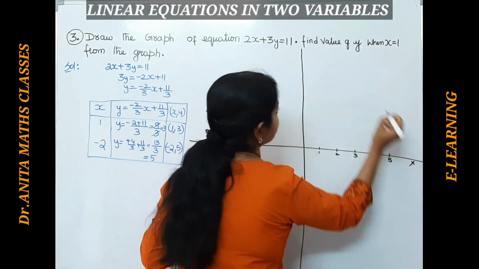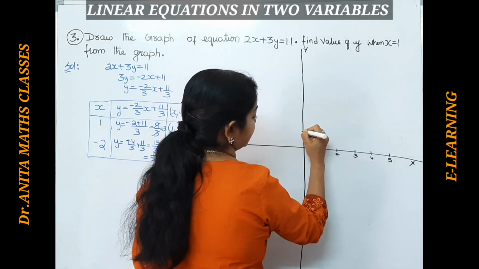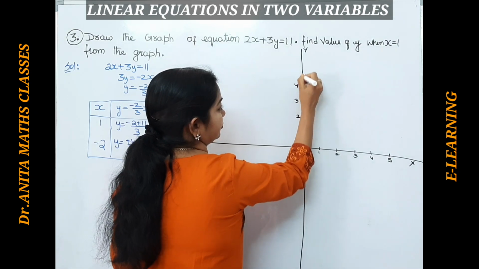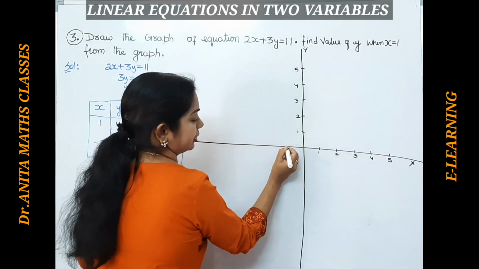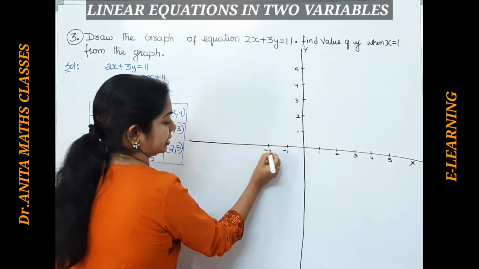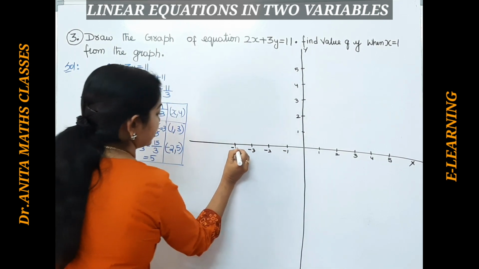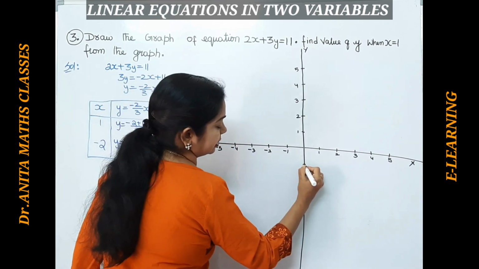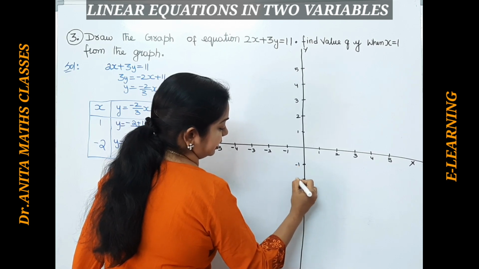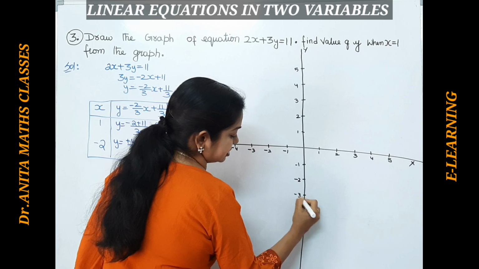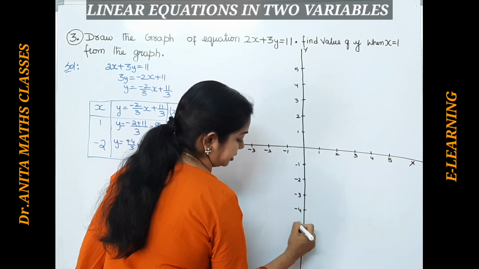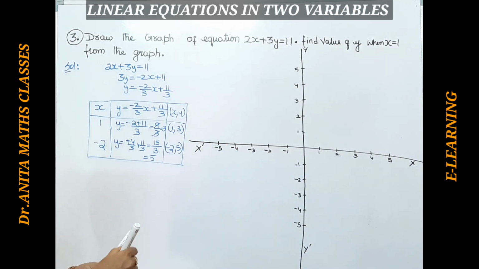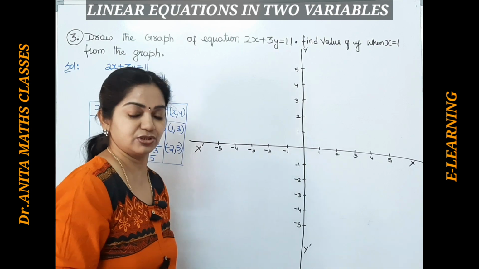So this is x axis. This is y axis. Similar way 1, 2, 3, 4 and 5. Here minus 1, minus 2, negative x-axis, minus 3, minus 4 and minus 5. Here x dash we write it as. Here minus 1, again negative y-axis, minus 2, minus 3, minus 4 and minus 5. So this is y dash. Right. The point of intersection of the coordinate axis is the origin, 0, 0.